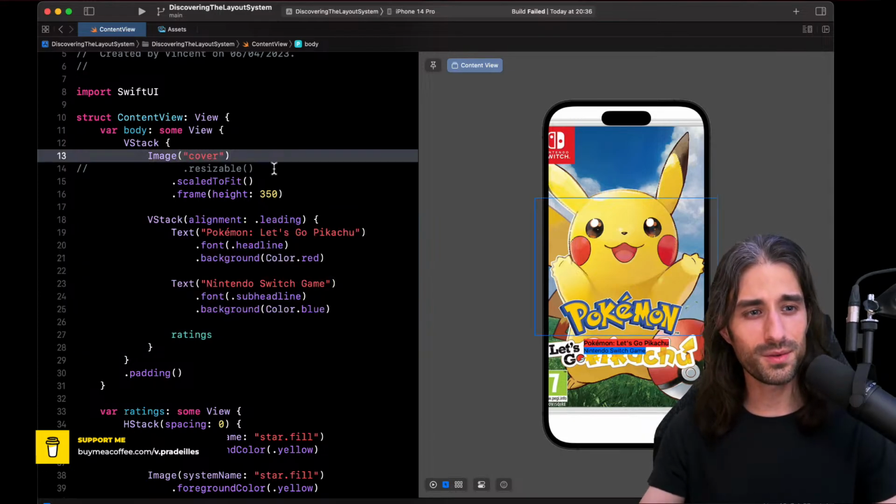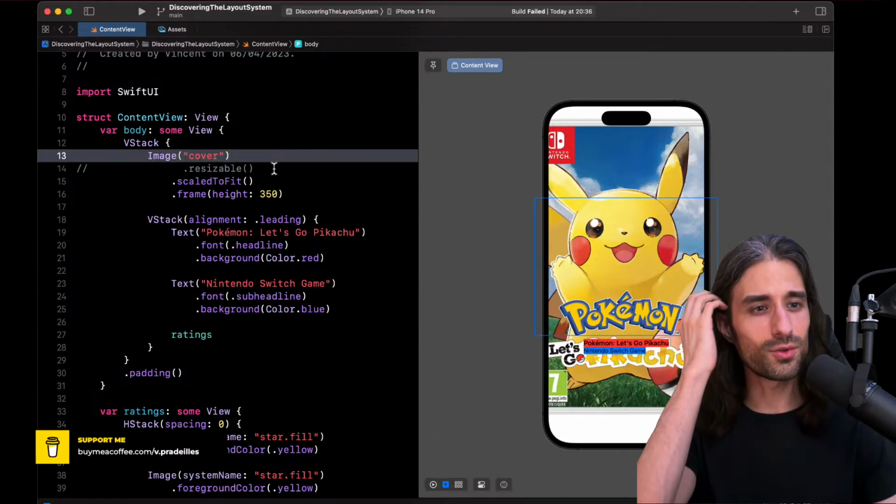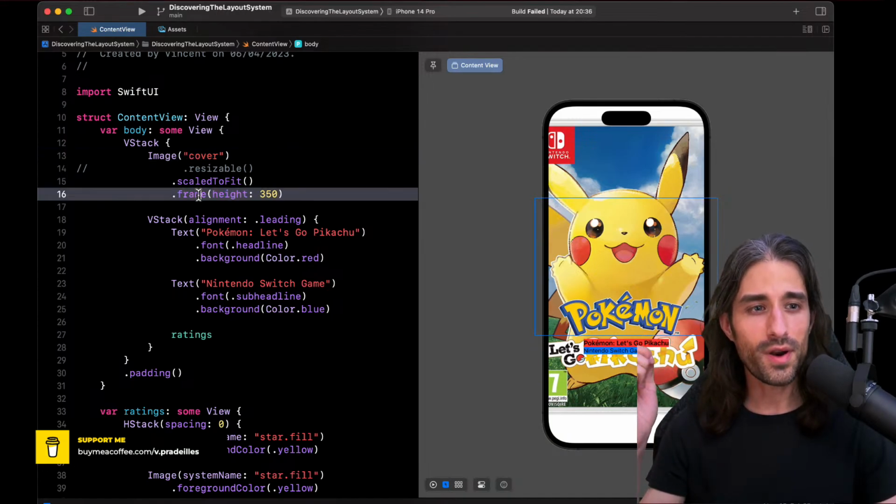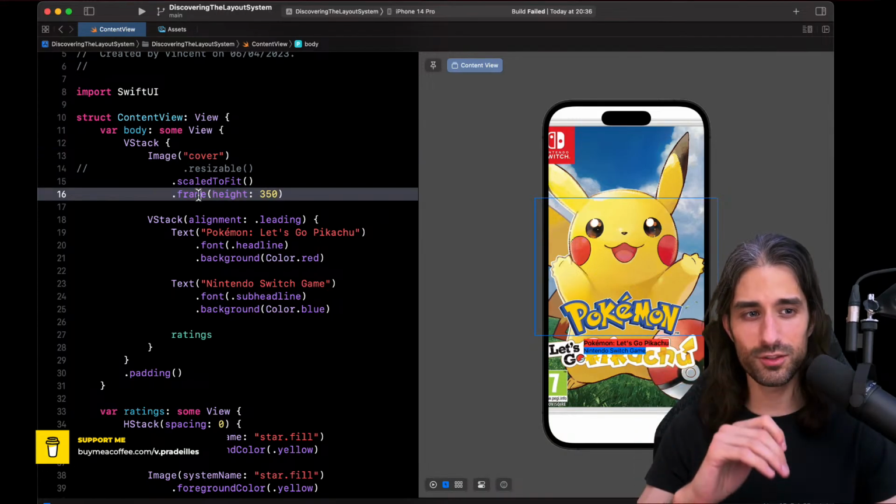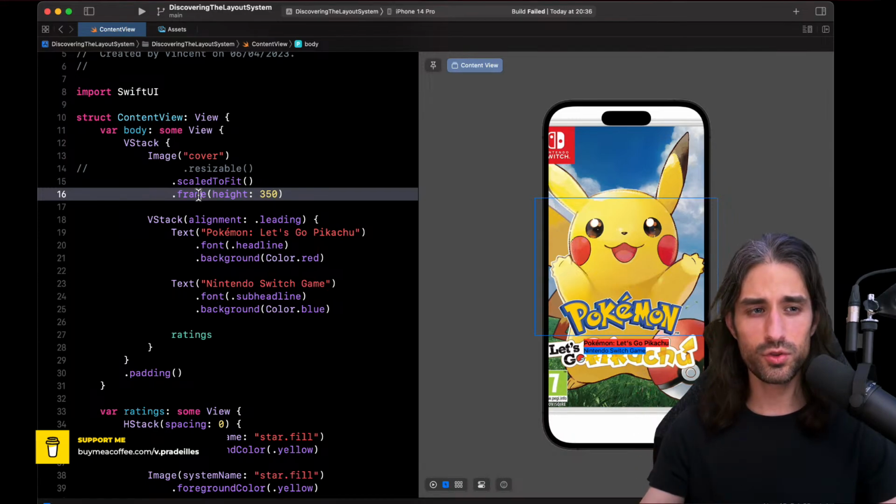And I wanted to point out this example because it's a great way to see that the frame in SwiftUI is not the actual space that the view will occupy. It is the space we have suggested to the view that it should occupy at the maximum.